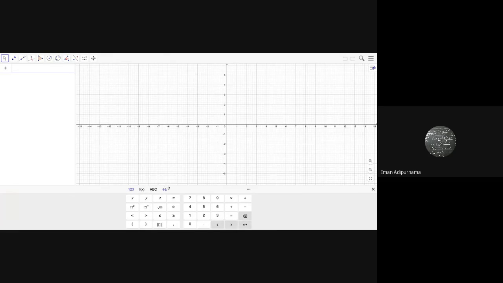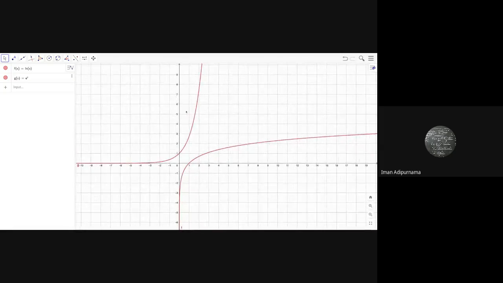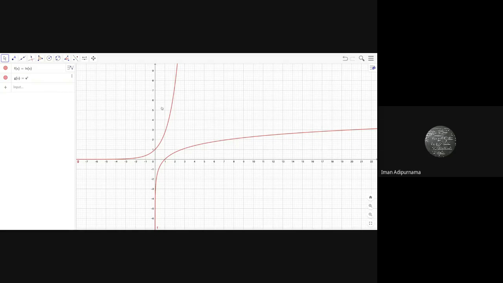So input the log. Let me just input the ln x, and then input the e to the x. Okay, so from this graph,